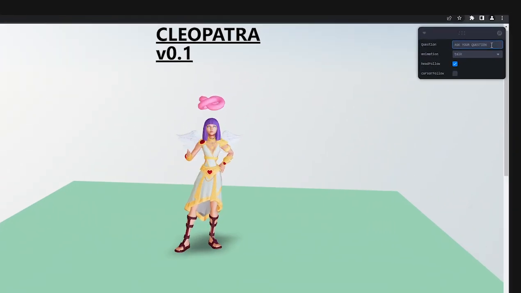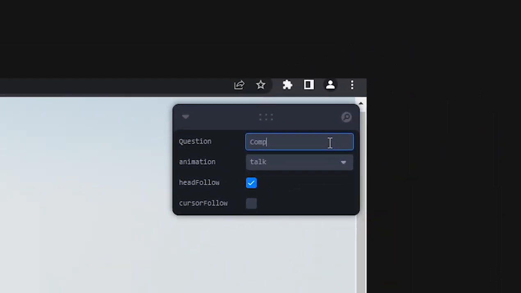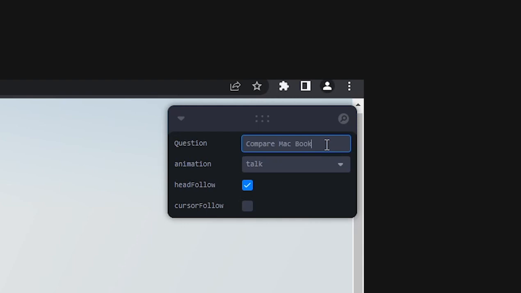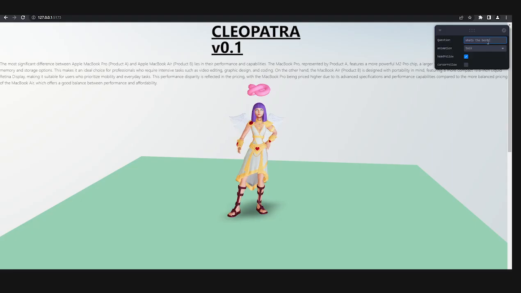Then we can add an input box which lets the user add whatever they are looking for, and we can follow the entire process. So here we are adding the question of comparison between two MacBooks. And once that is done, we have our prototype ready of the 3D virtual AI assistant who can answer any